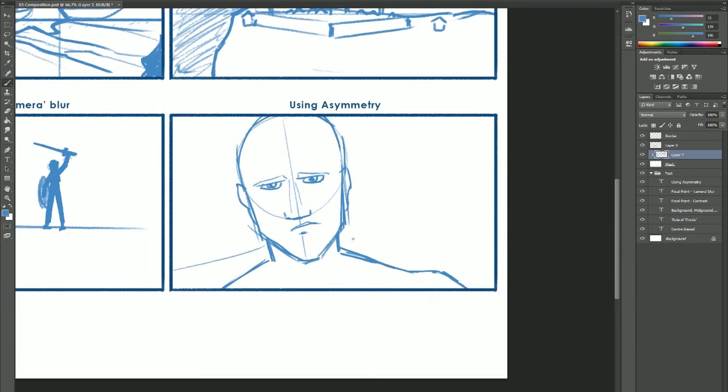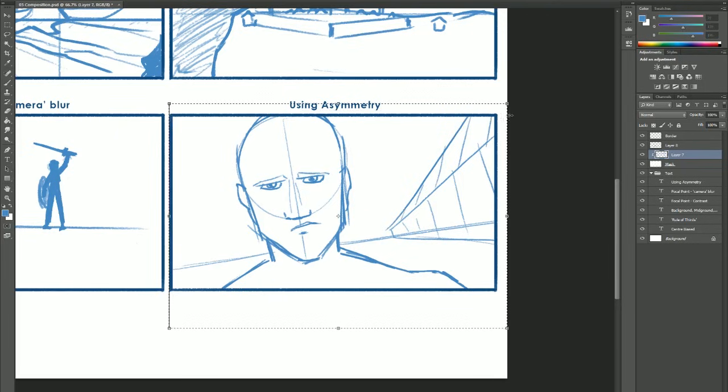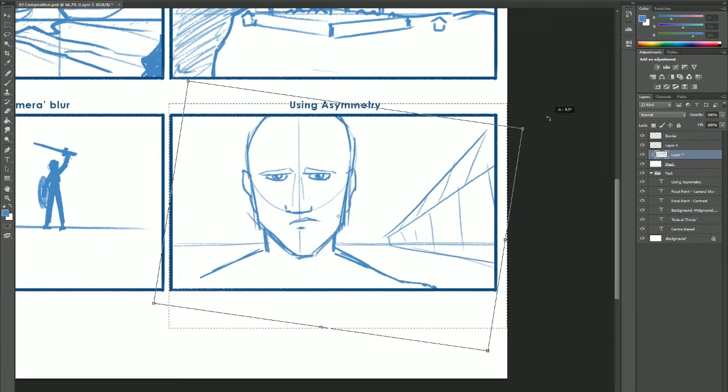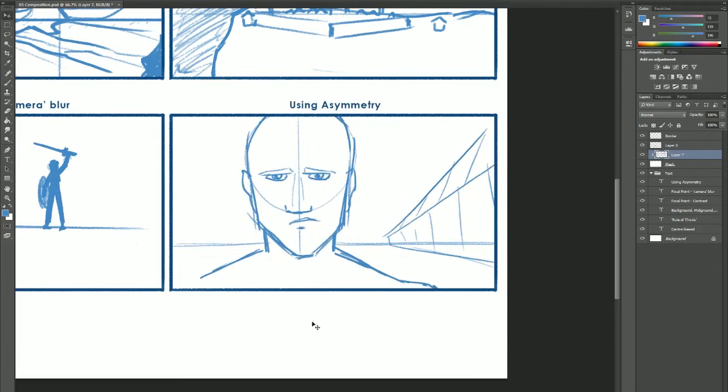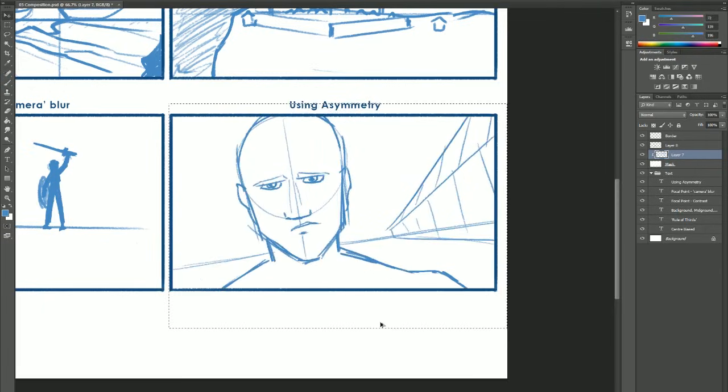It helps too if I have other elements in the scene, like an asymmetrical horizon line and perhaps a building too that has perspective points that are showing that everything is sort of askew. And then in doing this, you can see already using asymmetry, we've aided the sense of discomfort. If we put it back to a straight on angle, you can see how immediately it looks more comfortable. But when we throw it back into asymmetry, we create that sense of discomfort,